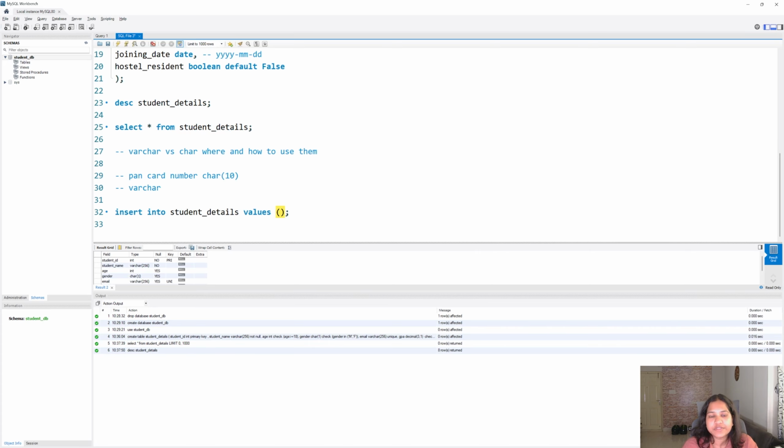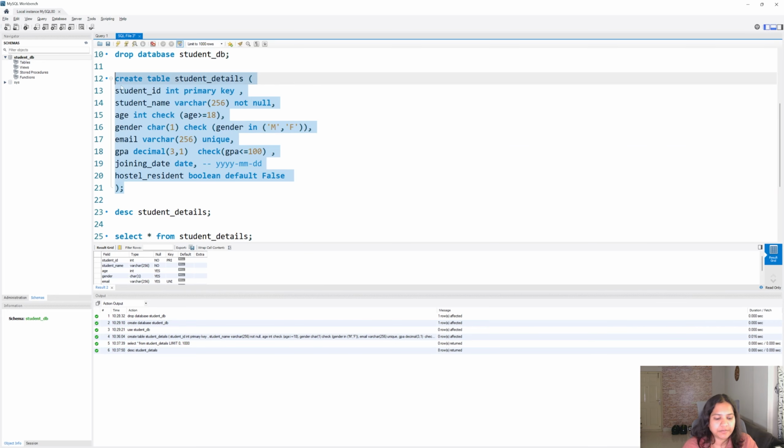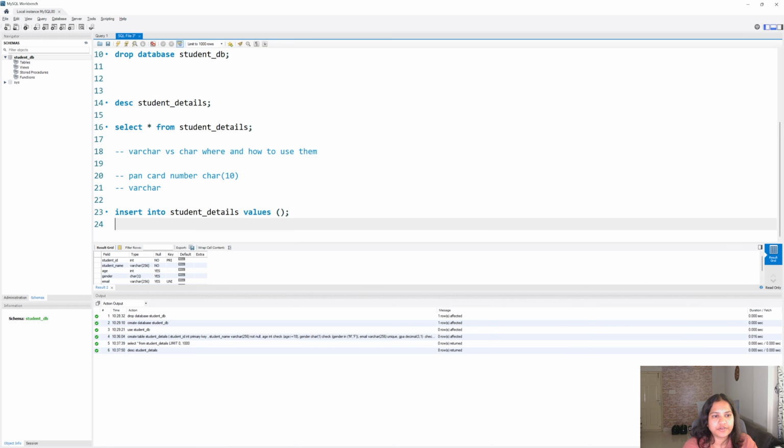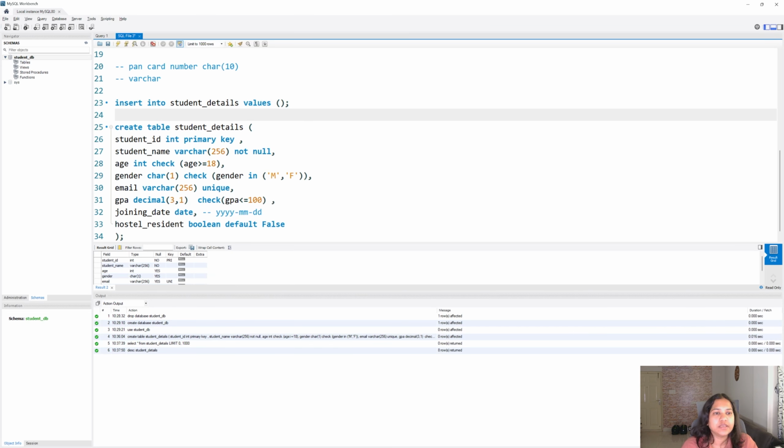What values you are inserting is what we'll discuss now. Let's bring this table a bit down so we can refer. Now if you see, the first column is student underscore ID, and you should always insert in this order only. You can't zigzag the order. Please make sure. So first goes your student underscore ID.